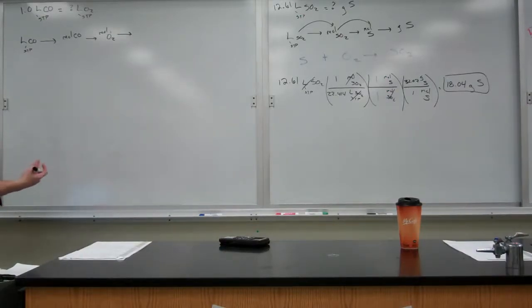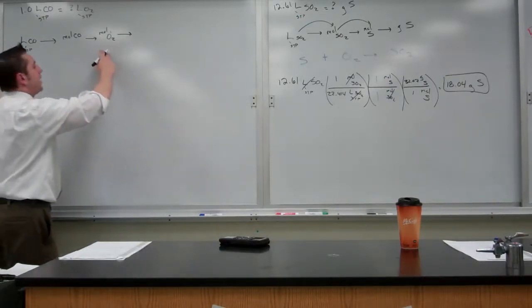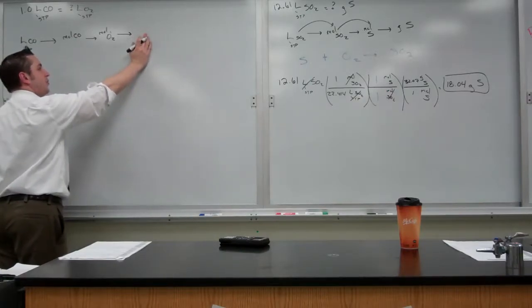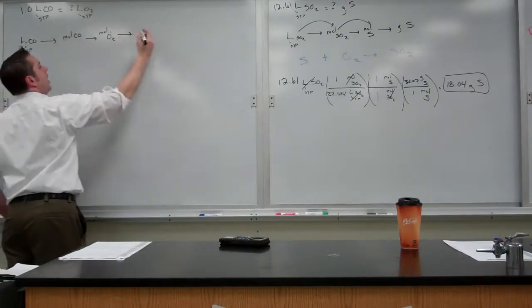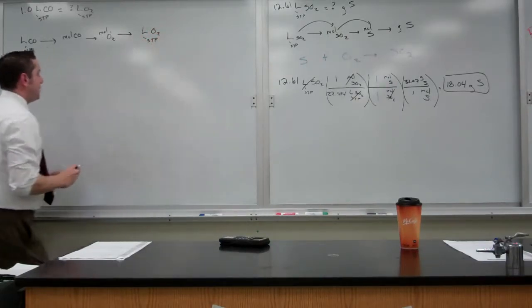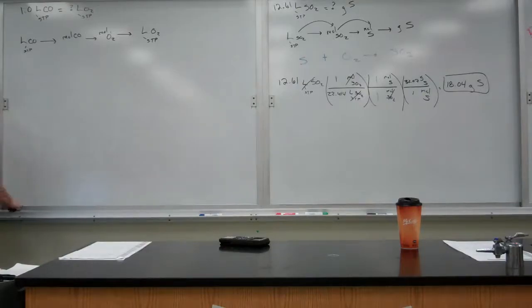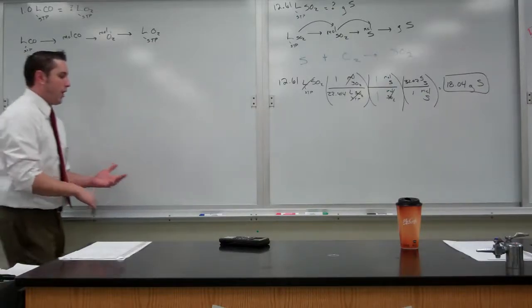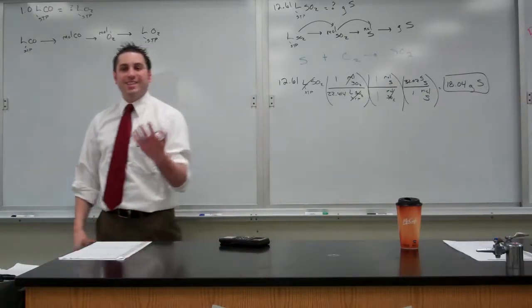And once I'm into the identity of what I want, I can change into the unit. The last couple times it's been grams, but this time I want to go into liters of O2 at STP. Because I am changing identities, I'm going to have to write and balance an equation. In this case, they tell us